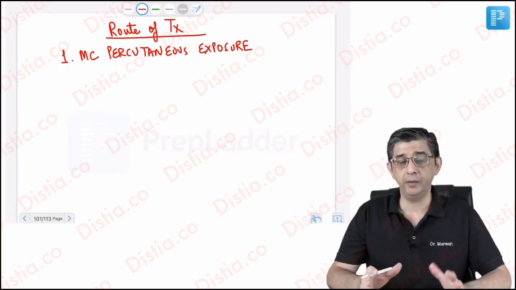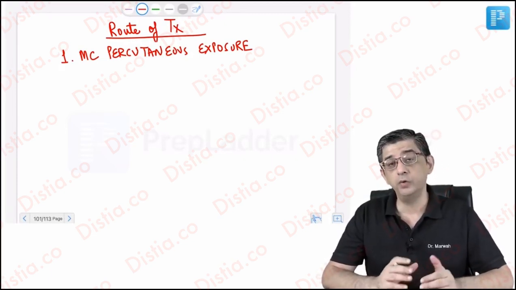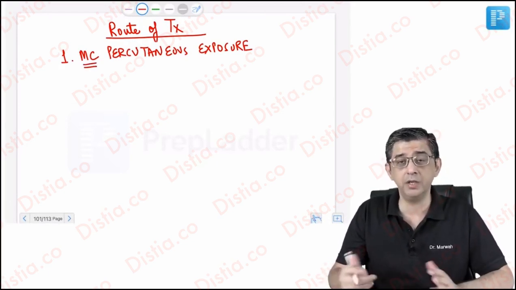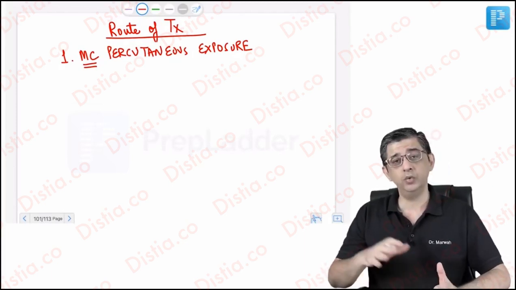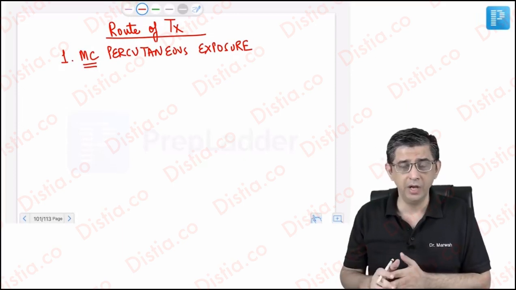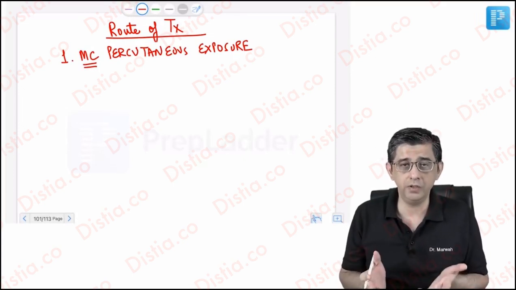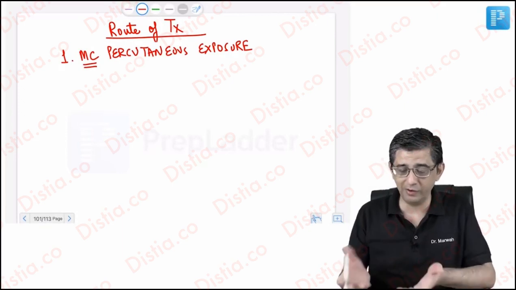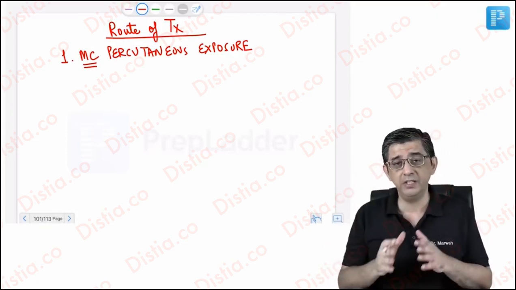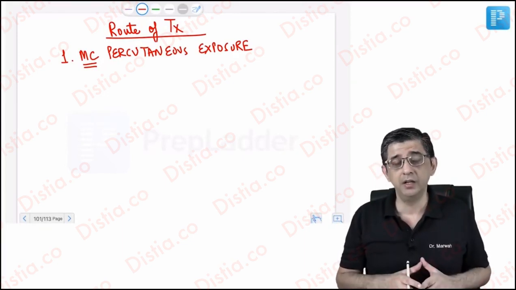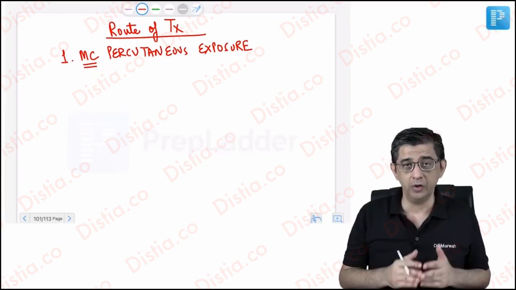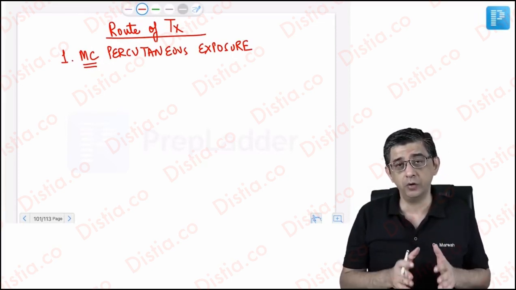Now these would look like two very diametrically opposite statements when you read them for the first time, because on one hand I'm saying the most common route of spread is percutaneous, then I'm saying transfusion associated. See, there are two different aspects. One is how a virus can go from one person to another. So sexual contact is one of the predominant activities in the world, so the virus can be transmitted. Second is when you consider a blood bag, we obviously have checks in place, but in spite of the checks, there is a possibility that quality control might suffer, because of which the virus might still be transmitted via a blood